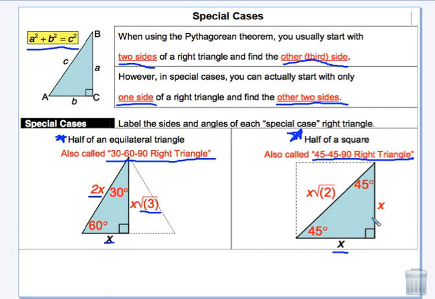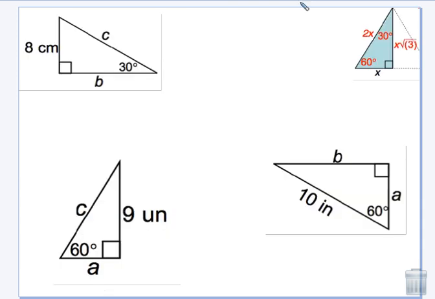Now with the 45-45-90 degree triangles, if one leg length is x, the other leg length is just going to be x as well. And then the hypotenuse, you're multiplying x by the square root of 2. Those are always what you will do if you have a 45-45-90 degree triangle or a 30-60-90 degree triangle. Alright, let's look at some examples. At this point right now, I just want you to take my word for it that that's what you're going to multiply by. Later on in this video, I'll show you why or how that is the